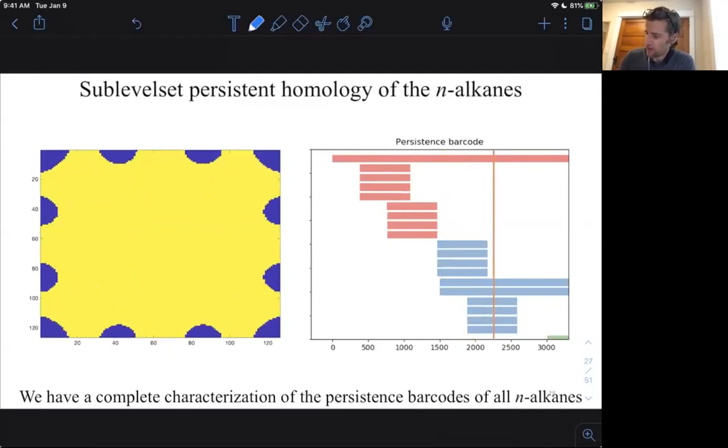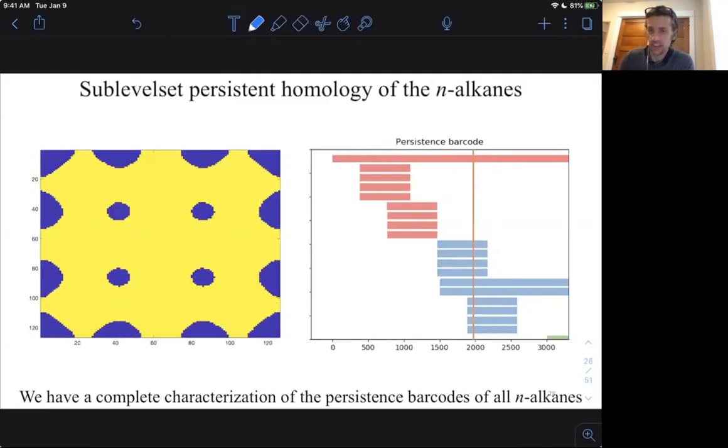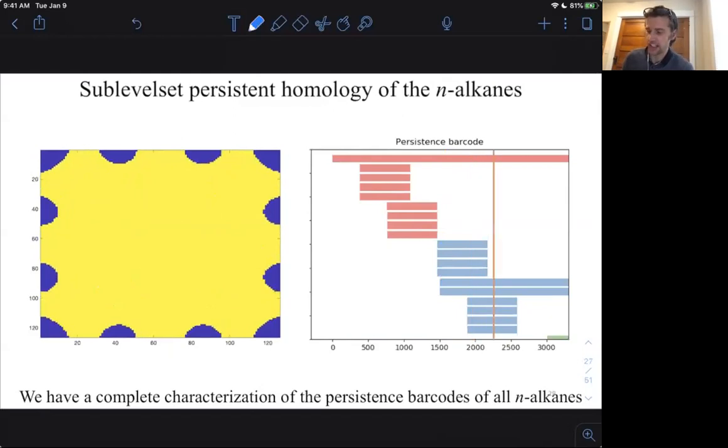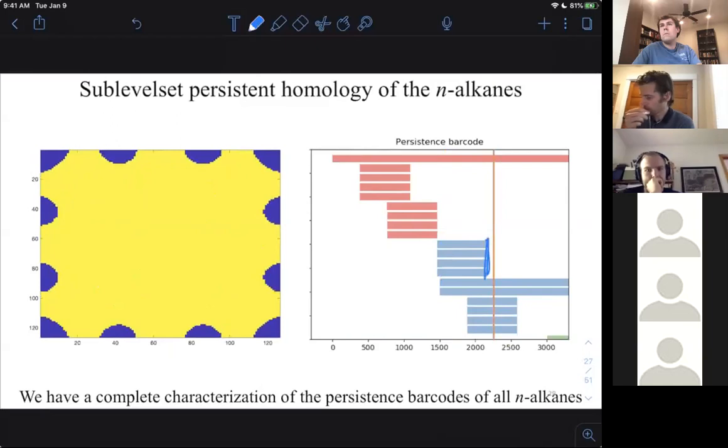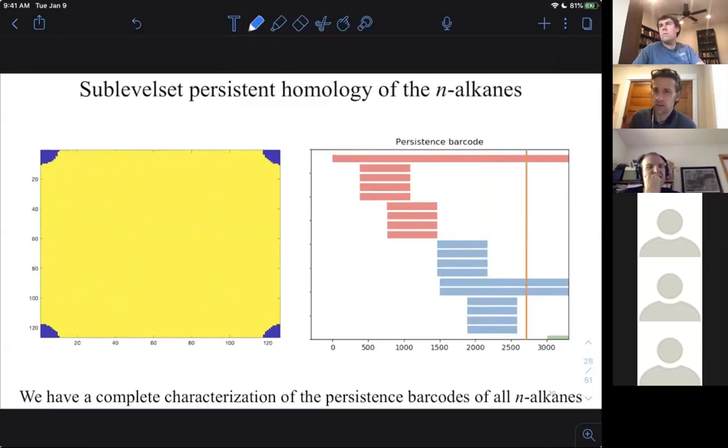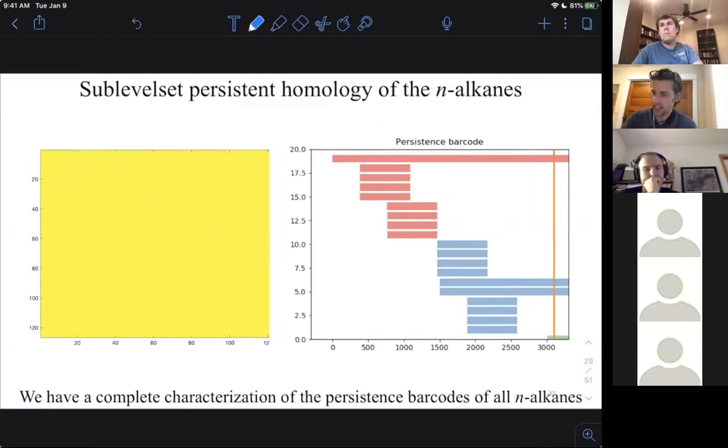4 of those holes have filled in, right? These 4 holes that you see there, most obviously, they get filled in. So that's why these 4 one-dimensional holes have died. And then as the bridges merge together, more of these one-dimensional holes fill in. And then finally, once you get to the very end, you just have the homology of the entire domain, right? So the torus had 1 connected component, 2 one-dimensional holes, and 1 2-dimensional hole.